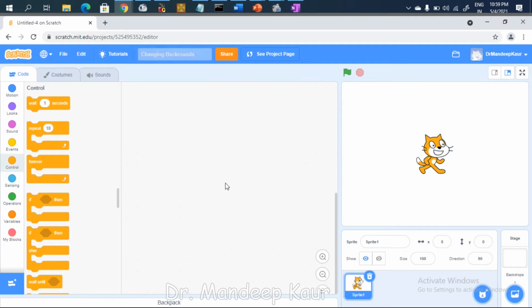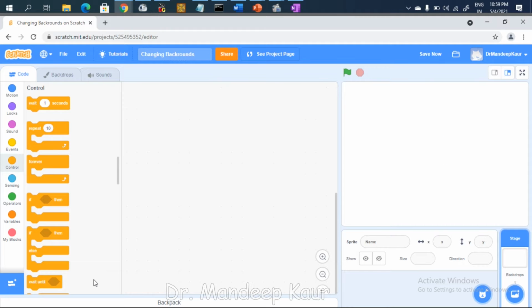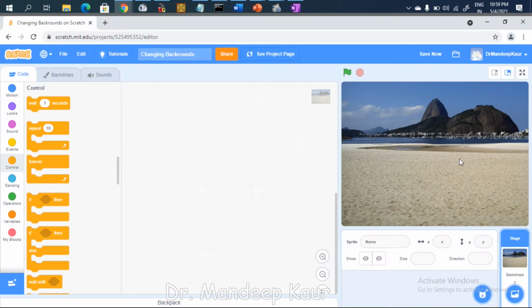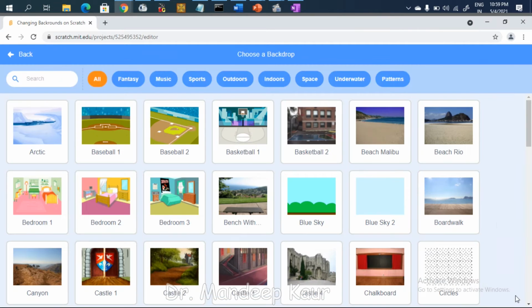Fine. The next step is I'll just remove this sprite, and now I'm going to choose backdrops for this. I'll go here and select any of the options available. The first backdrop is someone on the beach.